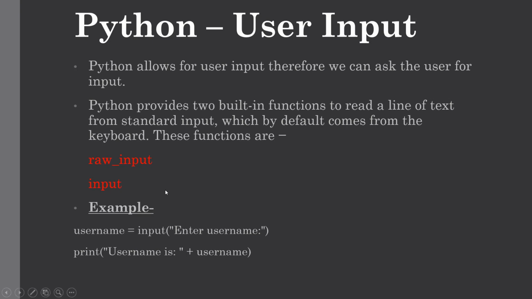In this example, we have used the input function. This function takes the input from the user and then evaluates the expression, which means Python automatically identifies whether you entered a string or a number or a list. If the input provided is not correct, then either it will show an error or an exception is raised by Python. Let me show you how to use the input function with a simple example.